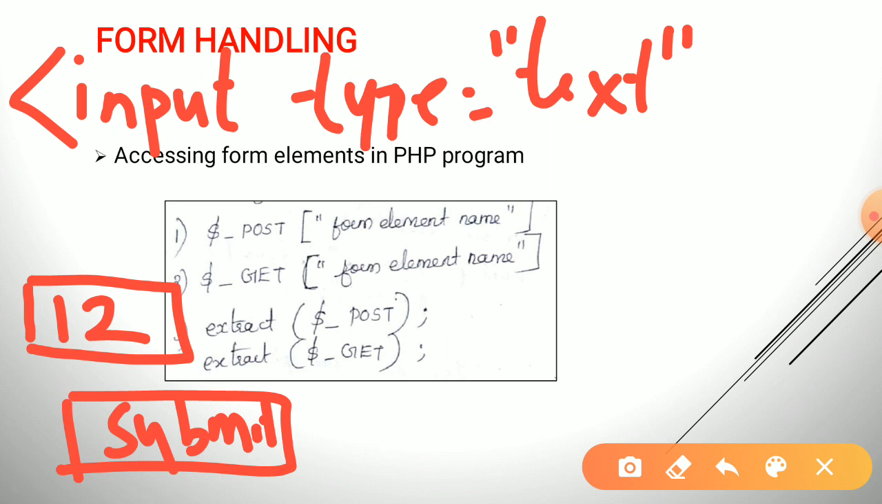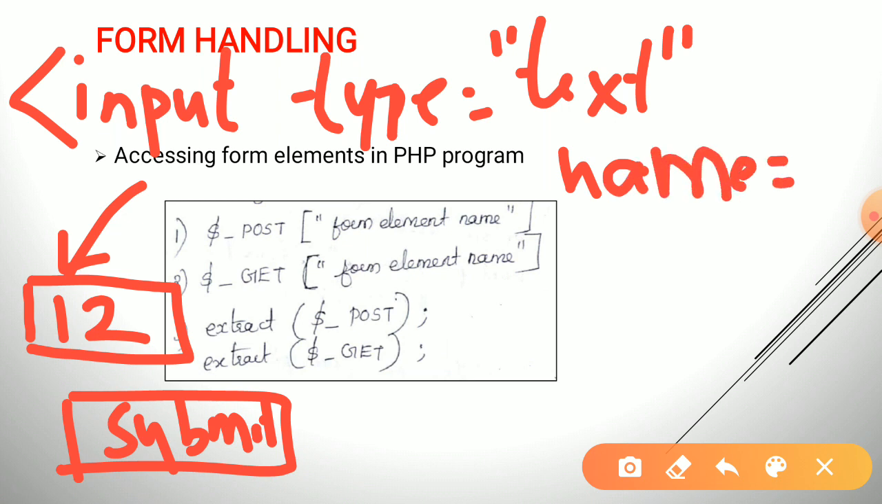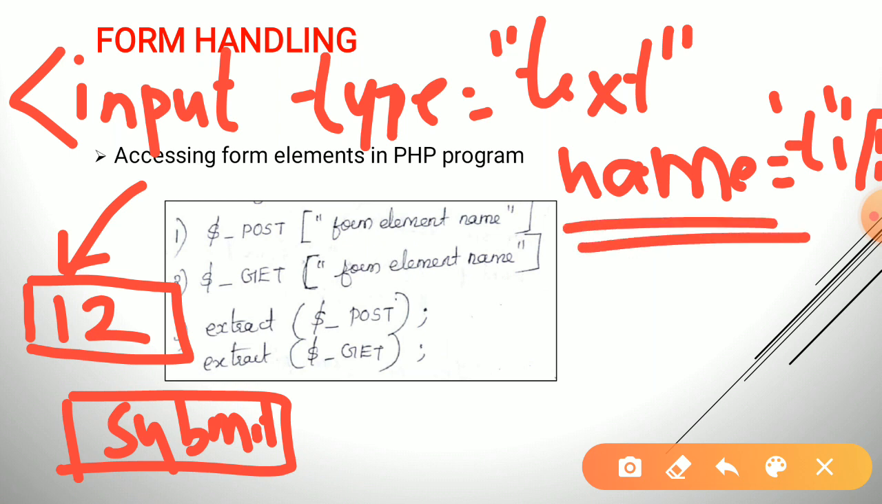Then in the PHP script we have to access this value entered in the text box. So for that we need to give a name for this text box. So name equal to T1. I am giving the name of this text box as T1. By using this name I can access the value entered in that text box in the PHP script. So in the PHP script, I can access this value as